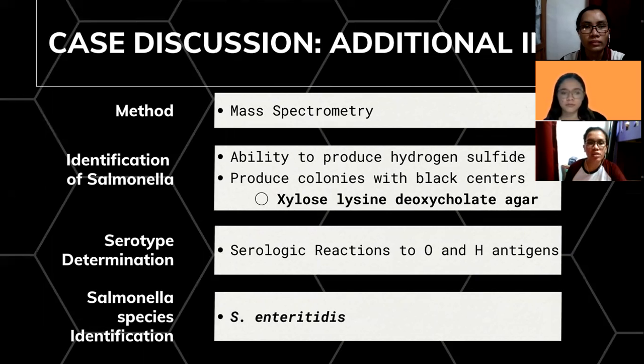The bacterial isolates of Salmonella were forwarded to the public health laboratories where the serotype is determined based on serologic reactions to O and H antigens. The O antigen is the most external component of LPS, also known as lipopolysaccharide, of gram-negative bacteria, and the H antigen is the antigenic determinant that makes up the flagellar subunits. This Salmonella species was identified to be S. enteritidis. Two sets of the patient's blood cultures also grew S. enteritidis.